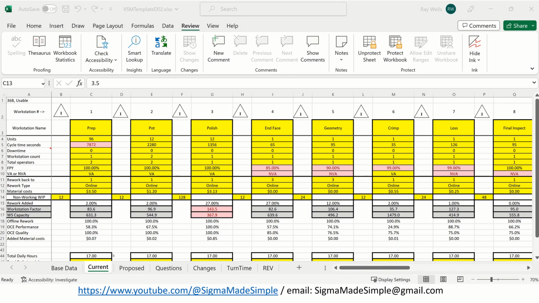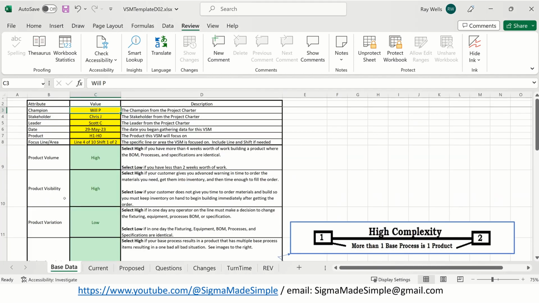All of these things that we're doing here turn the lights on. What is usually your hidden factory is typically where a lot of waste goes unnoticed for years and years. Note that the data is usable on the base data tab. I'm going to come back here because we've already recalculated